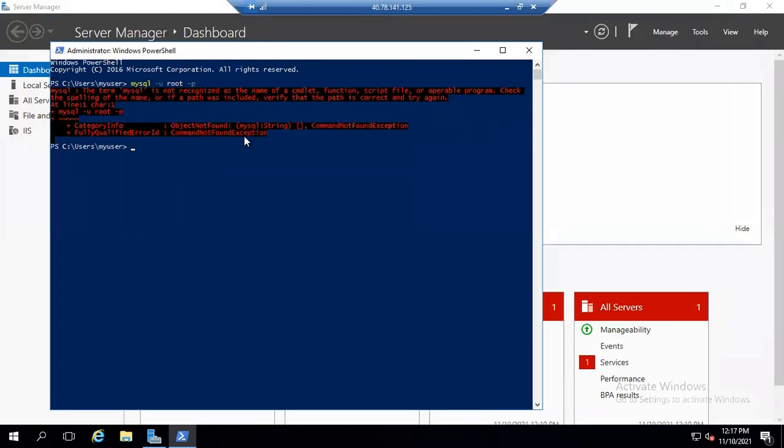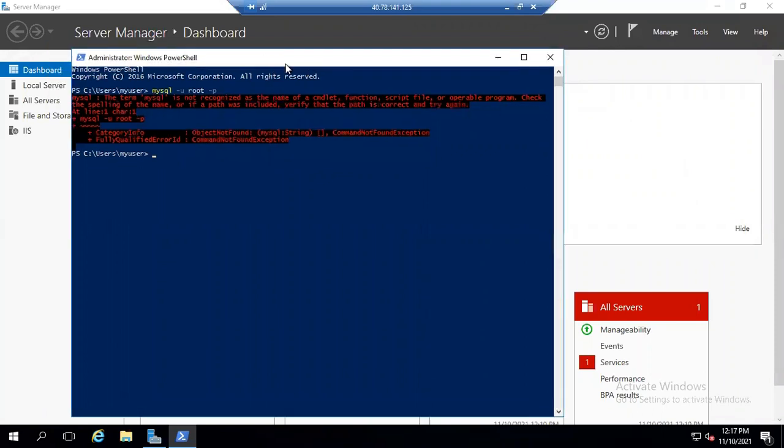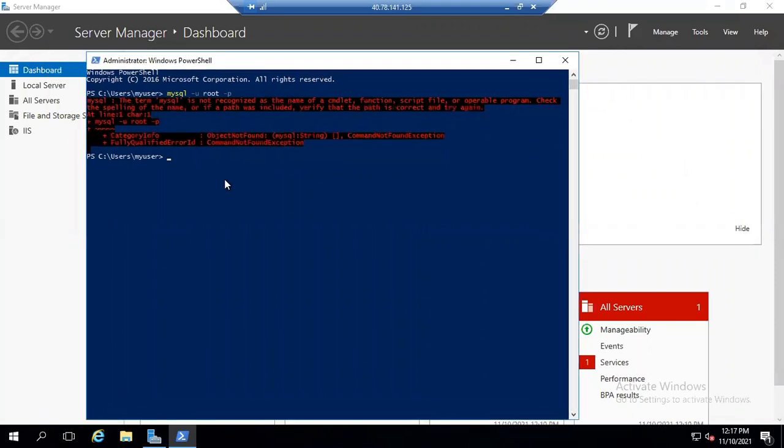Something went wrong. Okay, so this is not recognized as an internal or external command. I think there is no compatibility with this one.